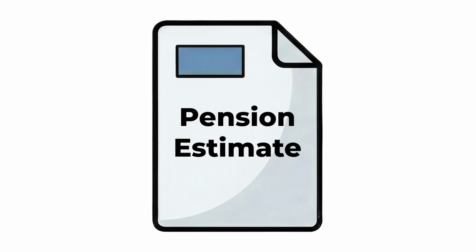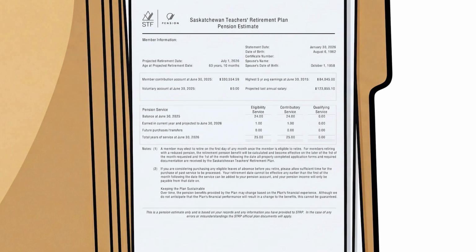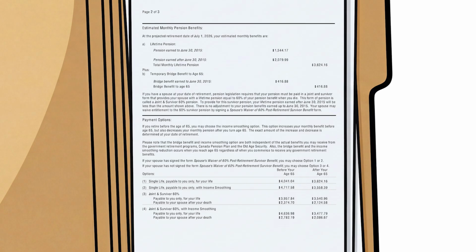When you request your retirement package, the STRP provides a pension estimate for you. The first page includes your contributions and service. The second page provides your estimated lifetime monthly pension benefits. If you started teaching before June 30th, 2015, it will include the pension you earned before 2015 and a bridge benefit for those years. If you started teaching after June 30th, 2015, it will only include the total monthly lifetime